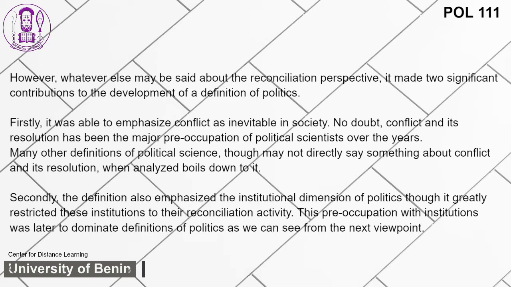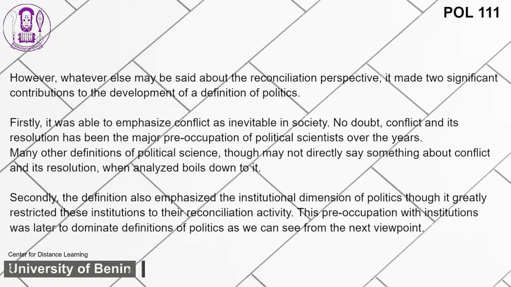a definition of politics. Firstly, it was able to emphasize conflict as inevitable in society. No doubt, conflict and its resolution have been the major preoccupation of political scientists over the years. Many other definitions of political science, though may not directly say something about conflict and its resolution, when analyzed boils down to it. Secondly, the definition also emphasized the institutional dimension of politics, though it greatly restricted these institutions to